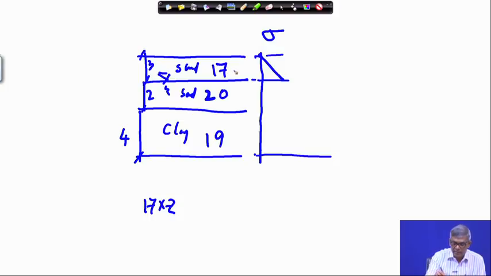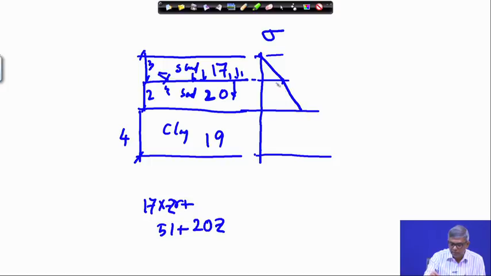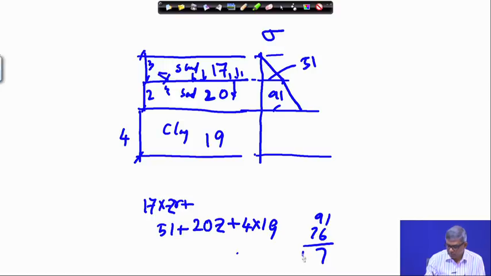and at this level that much pressure is already there. Then because of this layer, further addition will be there. So, that will be gamma total, that means 51 plus 20 into z, if I consider z from here. If it is 2 meter, 20 into 2 is 40. So, at this level it will become 91. So, this is 51, this is 91, and then again 4 into 19, so it will be 91 plus 76, so 177